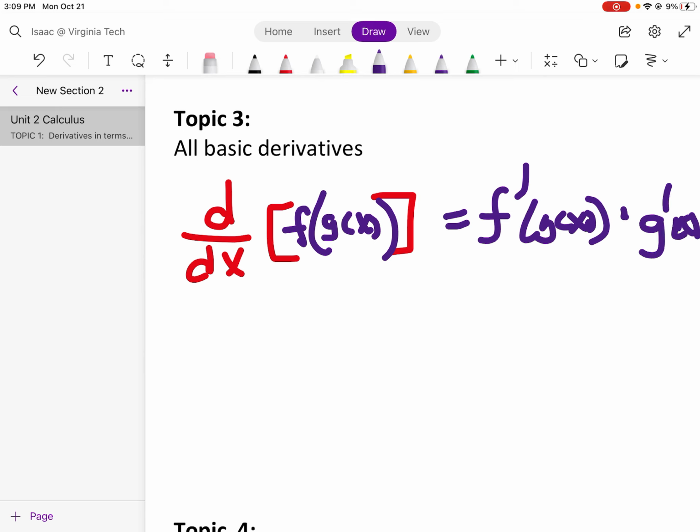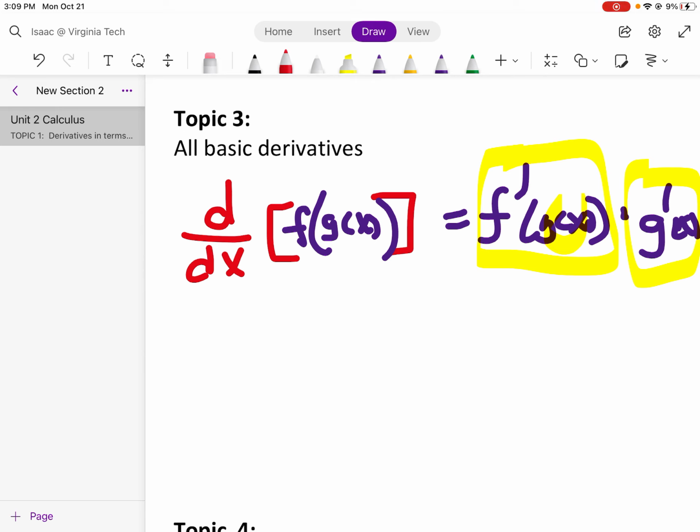So this means that we do the derivative of the outside thing, but we leave the inside thing the same. That's really important. See this? g of x, it's the exact same as it is here. You don't do a thing to it. But then you multiply it by the derivative of whatever's in there. So let's give an example here. How about,